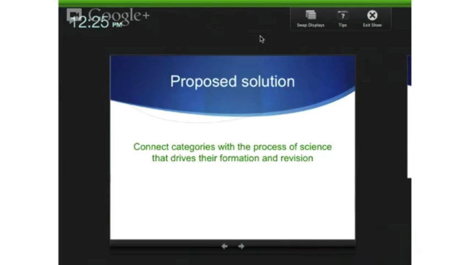Let's talk about some specific details of my research. I'm proposing to use categories as one of the static knowledge representation structures and explore how flux in scientific knowledge actually affects categories and how we can deal with that conceptual change. Categories are basically the instantiation of our concepts and can be considered the smallest unit of computationally represented knowledge. I'm using categories so that we can keep it simple and explore it properly.